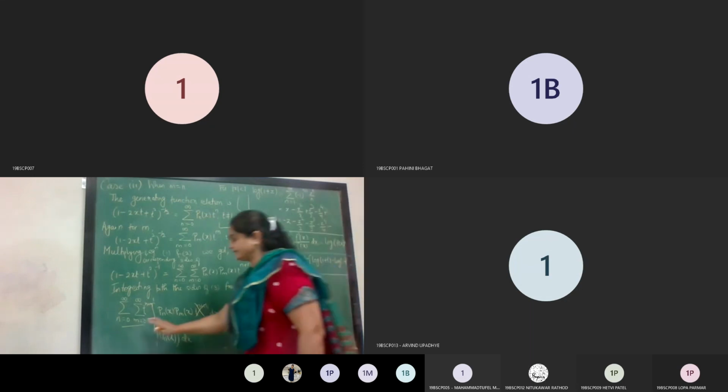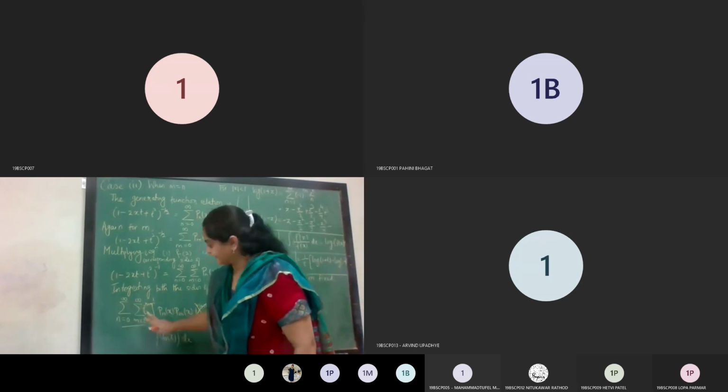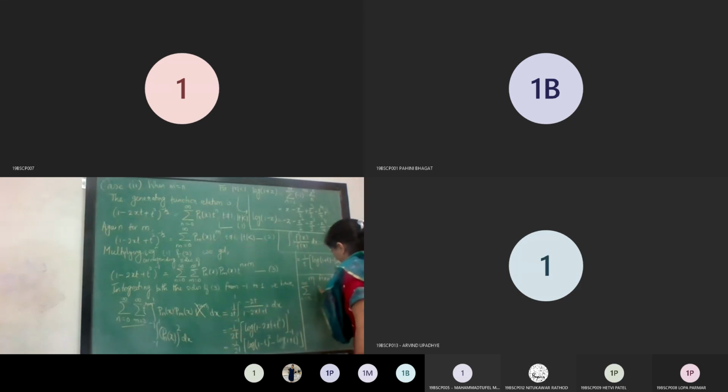Those who are not understanding, let us fix m. m is fixed, and the remaining summation we will let move. Since m is fixed, the Pm is fixed, and after fixing this one, the integration of Pm x into Pn x will be equal to something. Now let us run the series n is equal to 0 to infinity. So the integration from minus 1 to 1 of Pm x P0 x dx, plus now let us consider n is equal to 1, so again integration from minus 1 to 1 of Pm of x P1 x dx, plus and so on, this is the infinite series. We have proved that this integral is 0 when n is not equal to m.